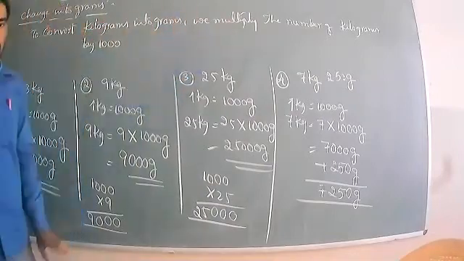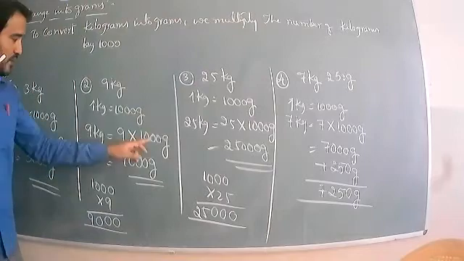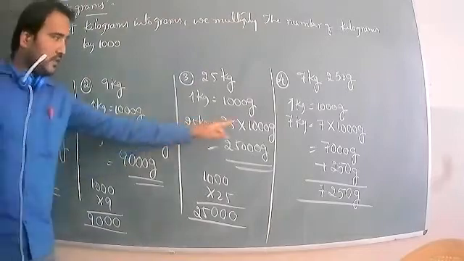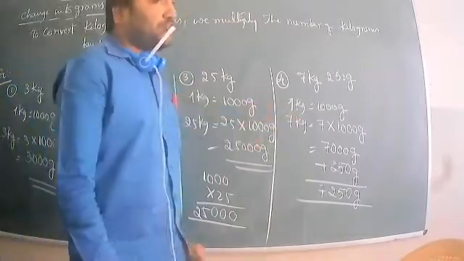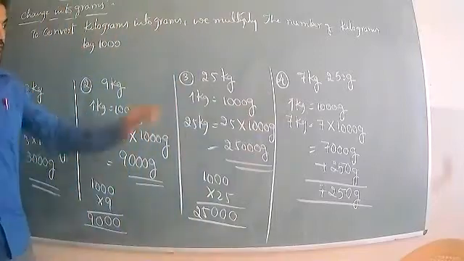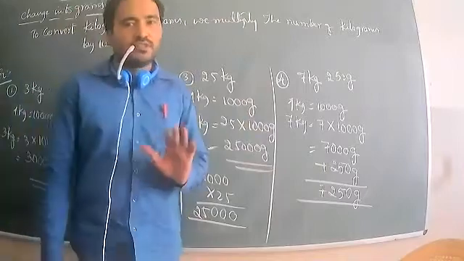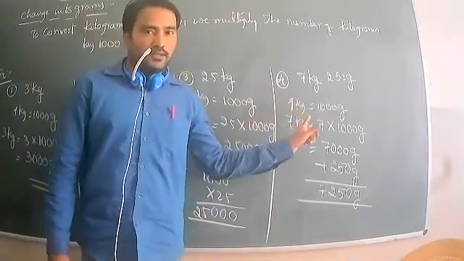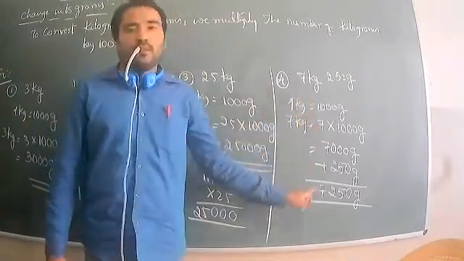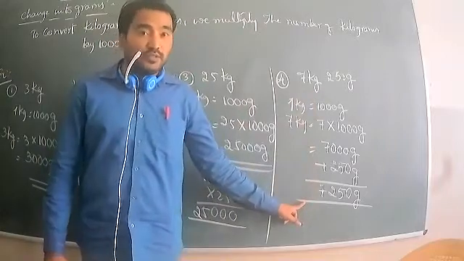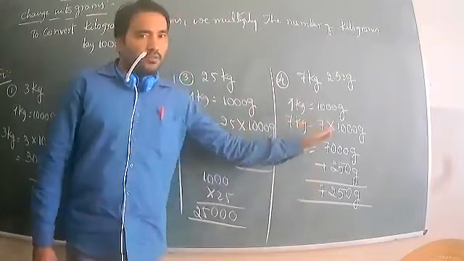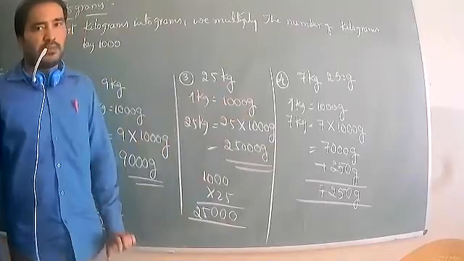To convert kilograms into grams, we multiply the number by 1000. Look at that, we should multiply by 1000. Yes, 1000, 1000, 1000, so we should multiply. So fourth one. Shall we solve another question? Yes, we can solve another question because you did not understand this question properly. So now again we do the same type of questions.